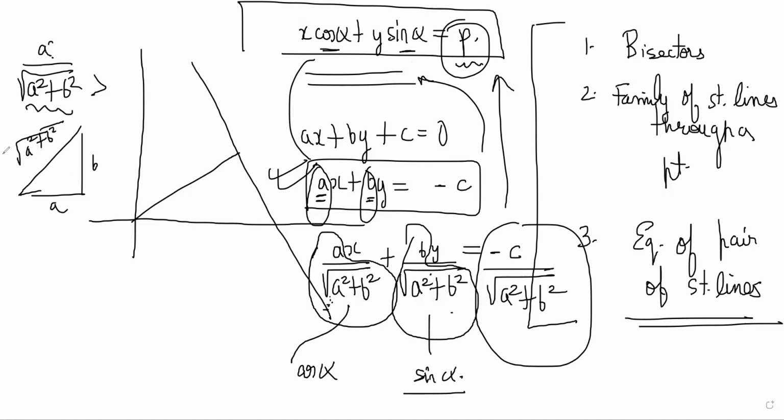You're trying to match it and make it look like the normal form, where this was the length of perpendicular from origin to the line. Once you got it in that form, we knew the length of perpendicular from origin to a given line. After that, it was about shifting the origin to the new point. Yeah, which I understood. Anything else? Well, I think you'll do one more class.